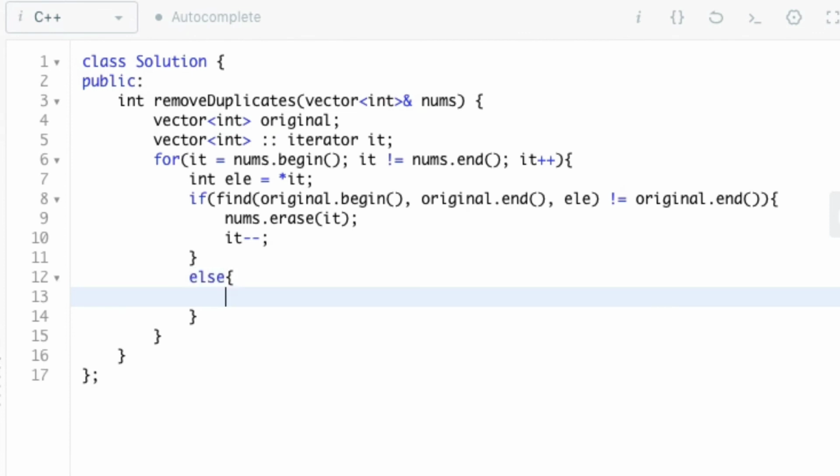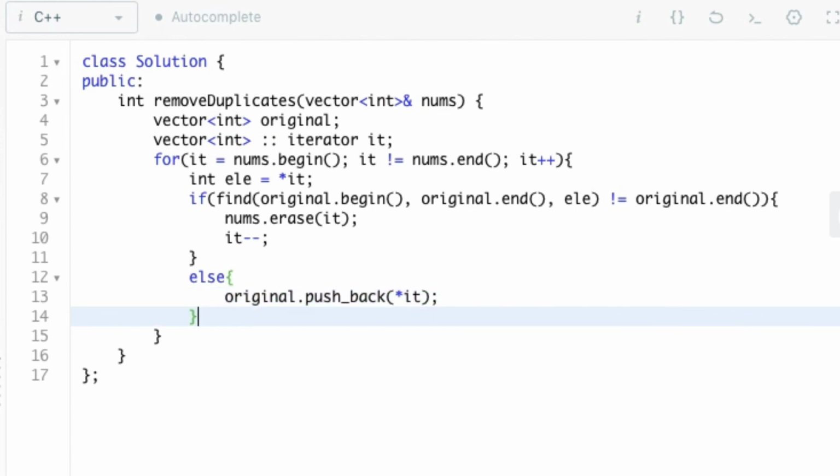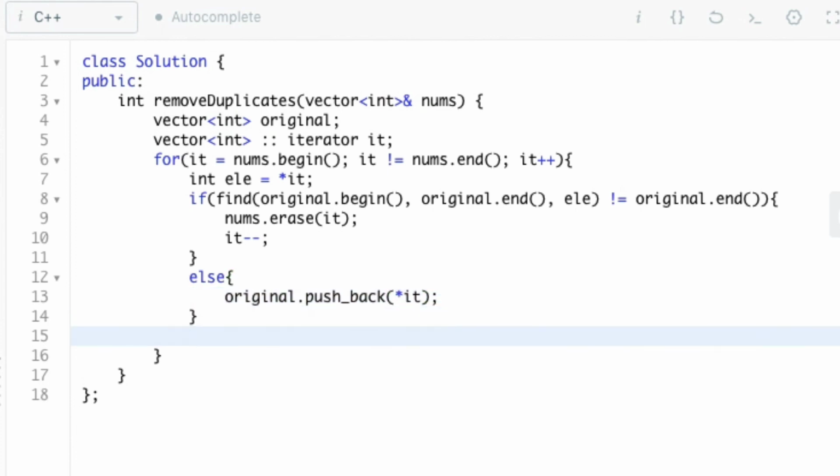If the above condition fails, then we add an else statement where we push the value of ele, that is the value of it, to the original vector. And finally, after finishing the loop, we return the size of nums.